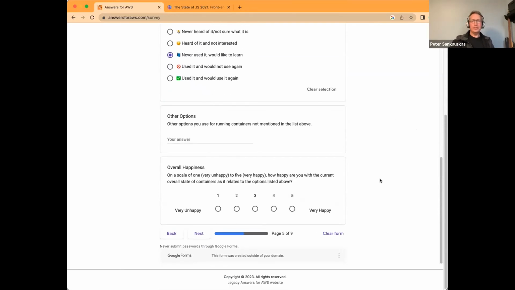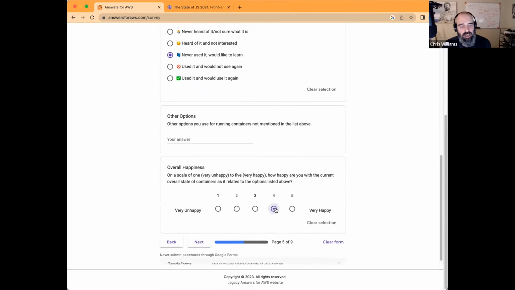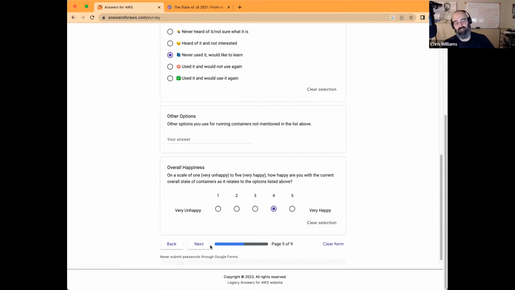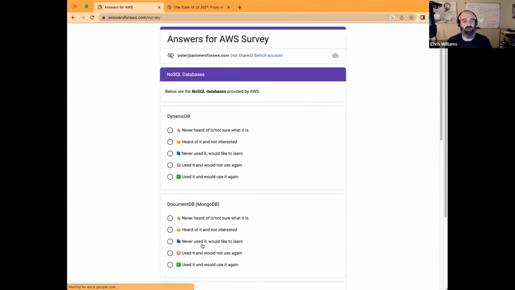You happy with how they're running containers? I am happy. Yeah. You know what? But I'm never a 5. I hate it when people do that. It's not like whenever nothing could possibly be better. On a scale of 1 to 10, I never put 10. Maybe I'm overthinking the value of a pure 10, and maybe marketing people hate me because of that. But I very rarely give a 10 for anything or a 5 on a 5 scale. Yeah.